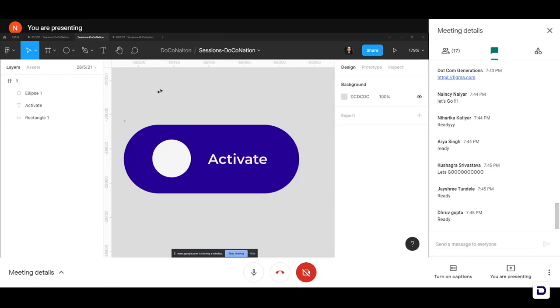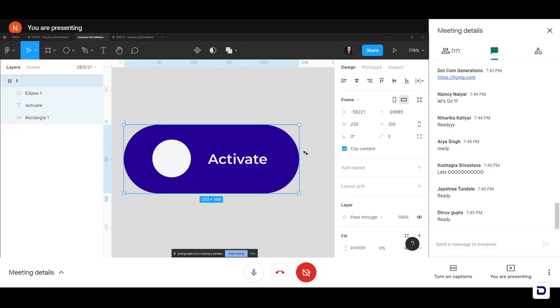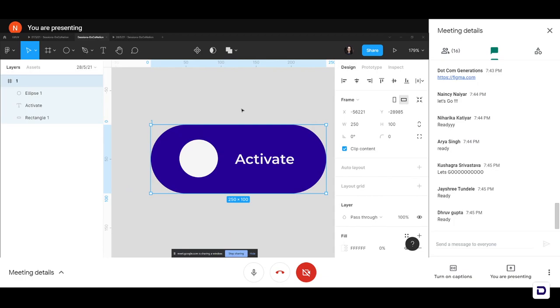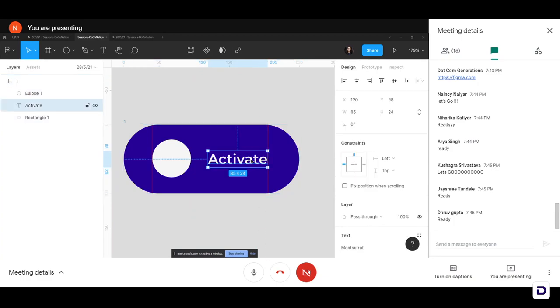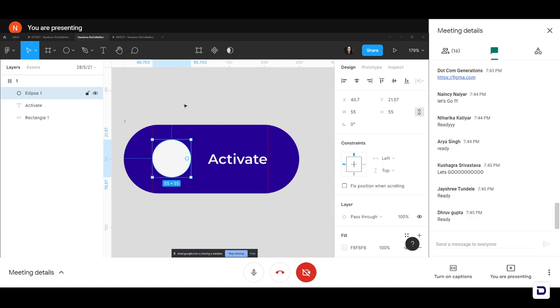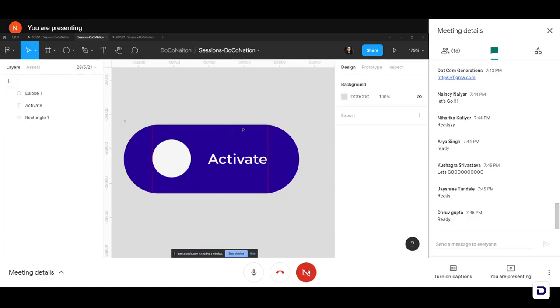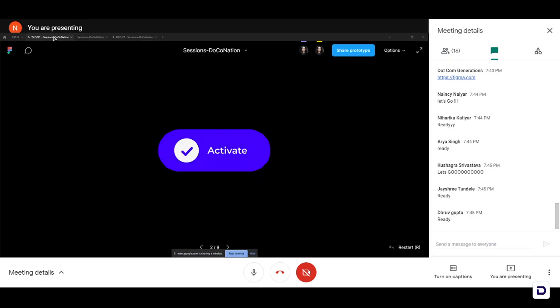So let's quickly add some rulers to our little button so that all of our elements are inside those rulers. To add rulers again, you can press Shift R and this little ruler will appear on your sidebar. To use them, all I have to do is hover over it and drag. I'm just going to place it here and drag another ruler from this side and place it here. I'm going to make sure my elements are sticking to those rulers. Okay, done. Great.